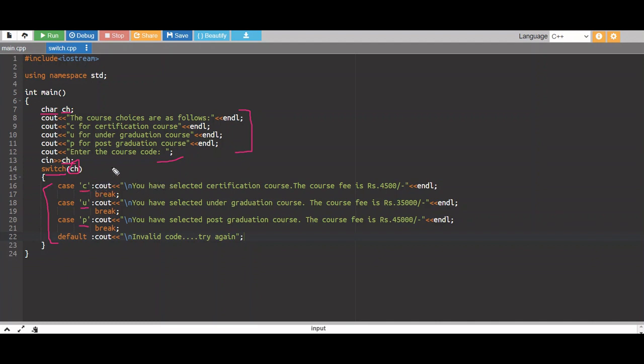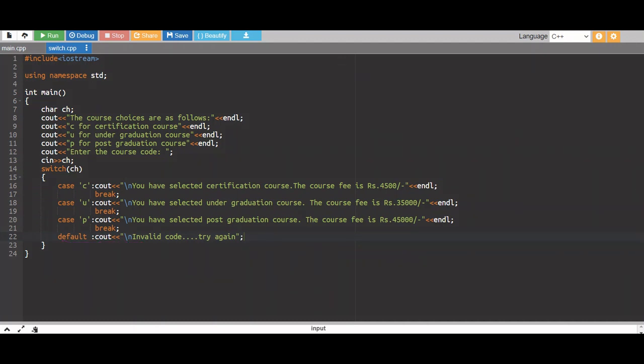Suppose the user enters C, then it gets matched with the first label and the following statement gets executed. The same way, it compares with multiple case labels. When it doesn't match any of the case labels, then the default statement gets executed.